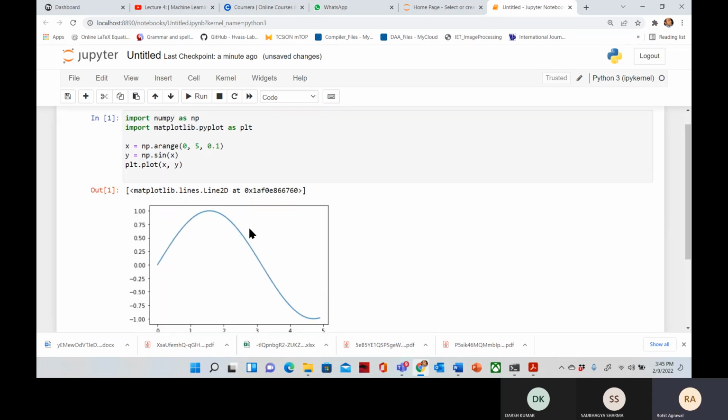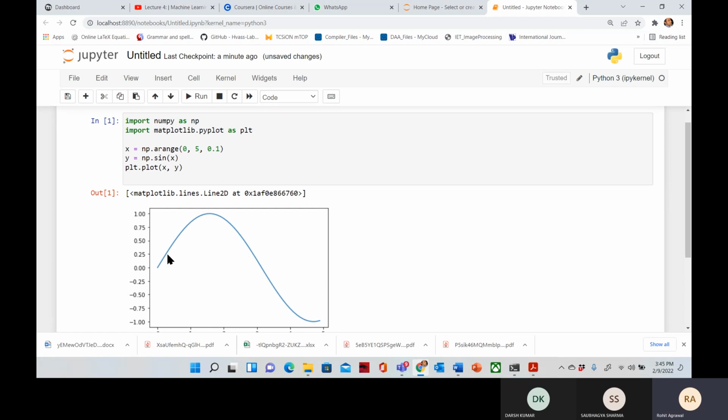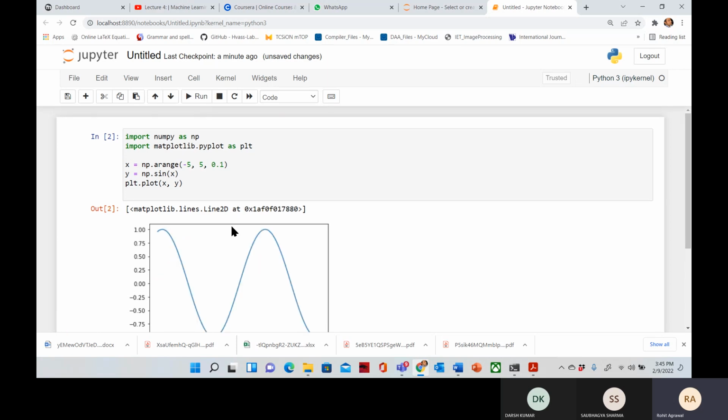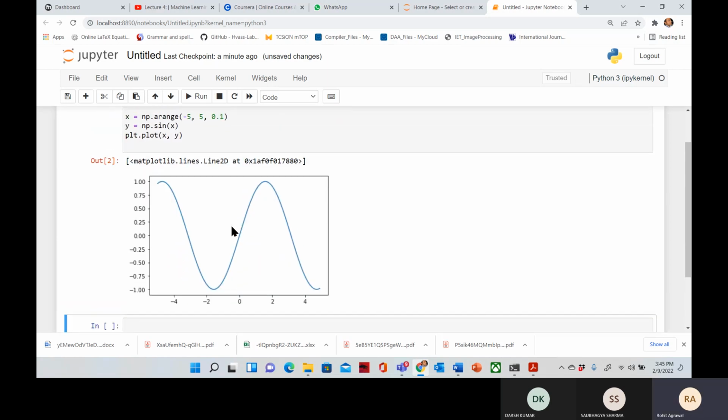Okay, because we have taken from 0, so this is 0 here. If we set this to -5, then you will have a better look like this. Okay, look from here, it is starting from 0. So at 0 this is 0, then at 1 see this value is 1. Yes or no? Yes, sir.